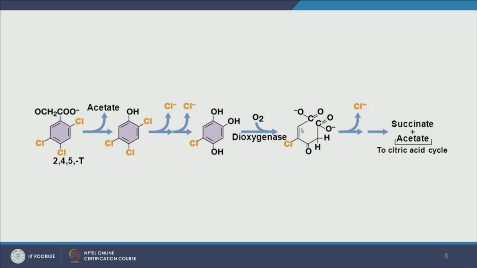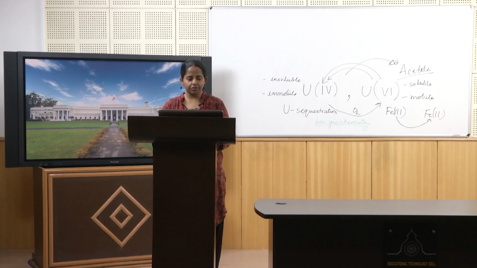So we have 2 acetates, the ring has broken. Now this is a very important enzyme because this is the enzyme that breaks the ring, dioxygenase. Once the ring is broken, the aromaticity is gone, and now this can be easily degraded. So the chlorine is lost and it's easily degraded into succinate and acetate. They are further taken to the citric acid cycle. We have talked about the citric acid cycle, and then they can be degraded. Okay. So in this way we have